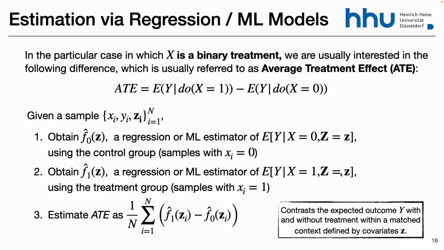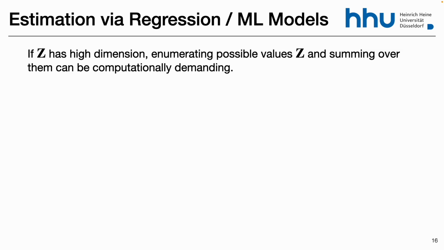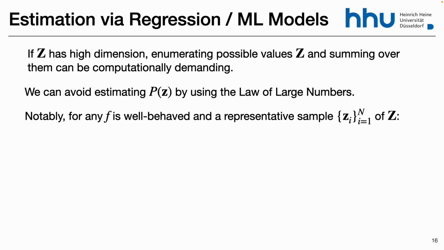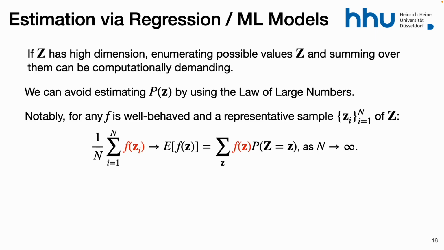right? So the only limitation in this case is that the X is binary. Yes, the difference is binary, and you're not treating X as actually continuous. So in this case here, this stratification assumes low dimensional. But here, with expectation through regression or machine learning models, you can have Z high dimensional.